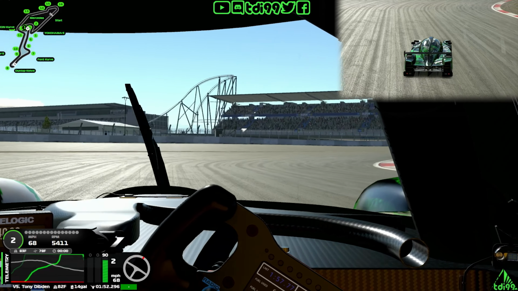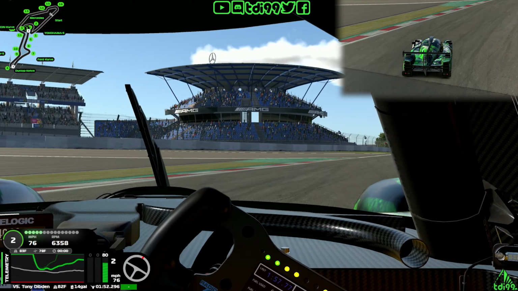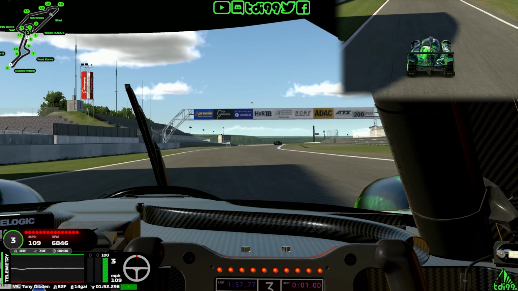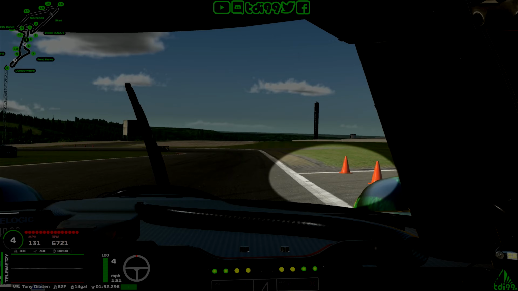Bit of throttle and then a bit of a lift through here. You can cut this curb a little bit, but be careful, there is an off-track. And if you get it right, you should be able to run wide here and not get an off-track. If you run wide a little bit earlier or a little bit wider, then you can get a slow off-track there, so be cautious. Now we're getting up to speed where downforce works, so we can actually brake quite late